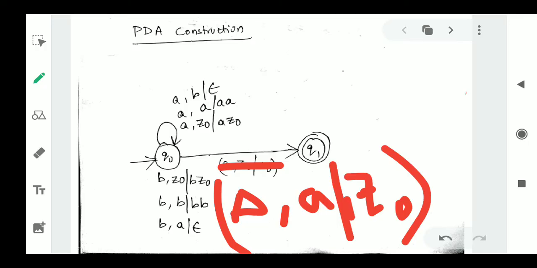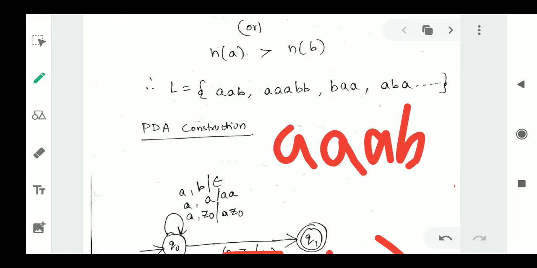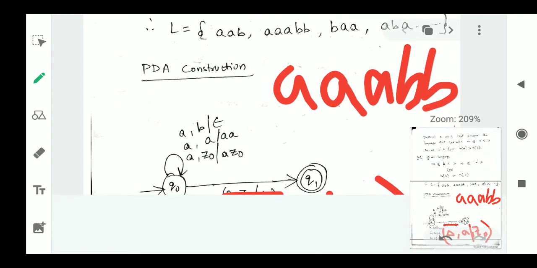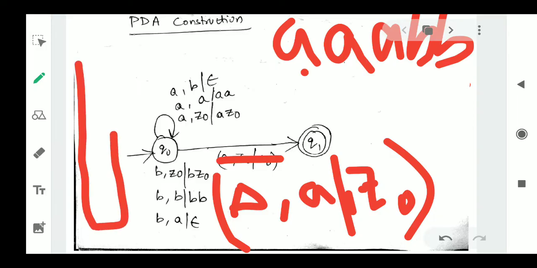So this is how we are going to do, and we will also take another example. We will see one more string. We will take the string with 3 A's and 2 B's. First, we will go for reading the first input symbol A. What is the top of the stack? The top of the stack usually contains Z0. So on top of the stack is Z0.